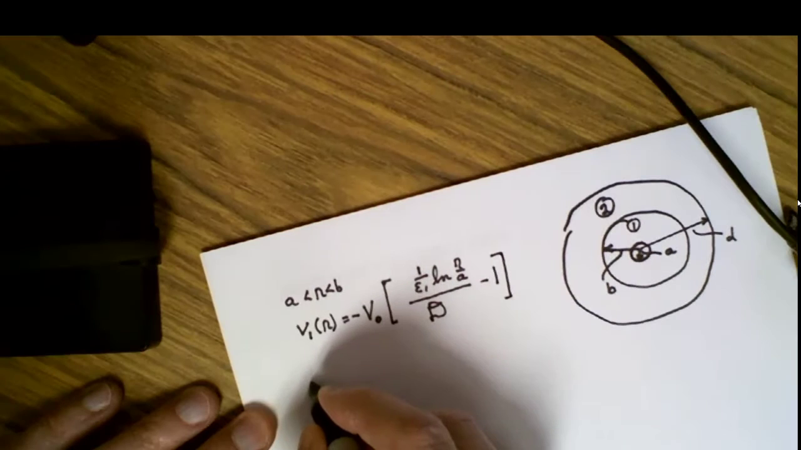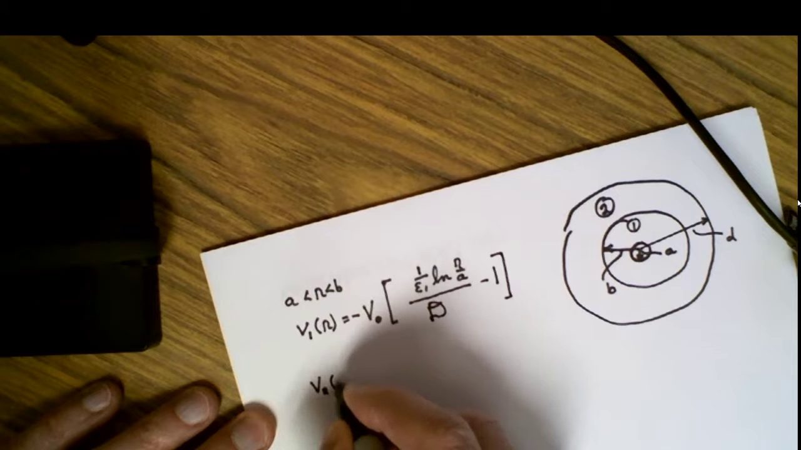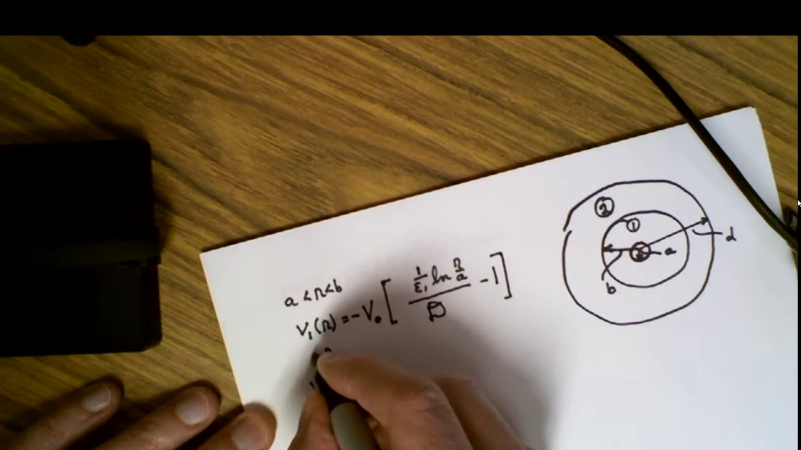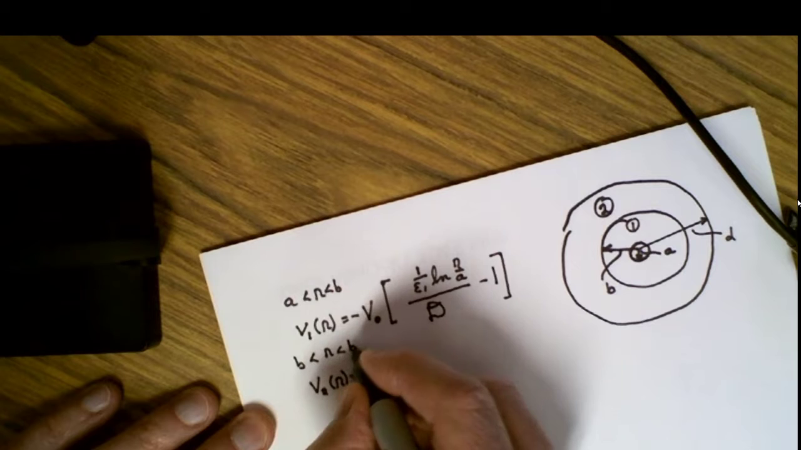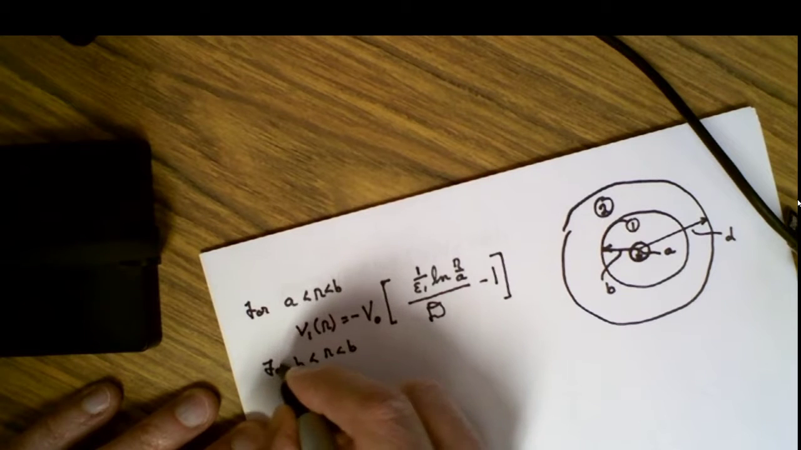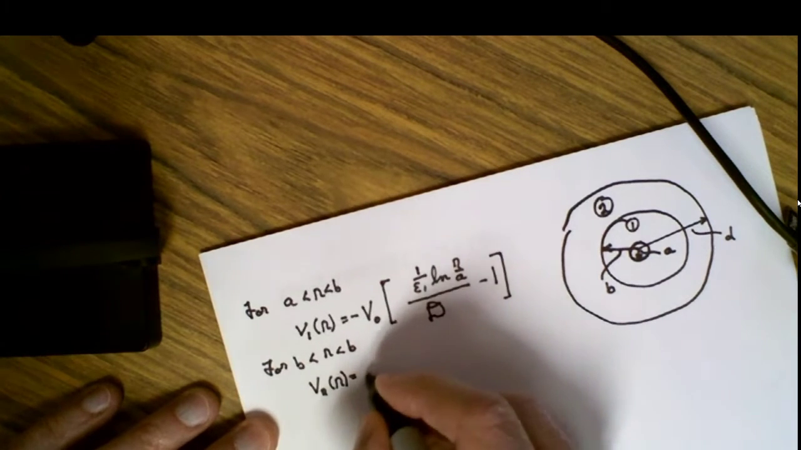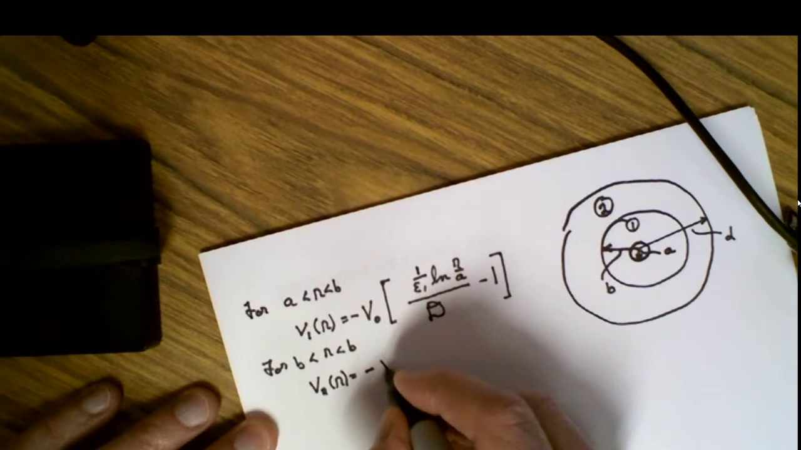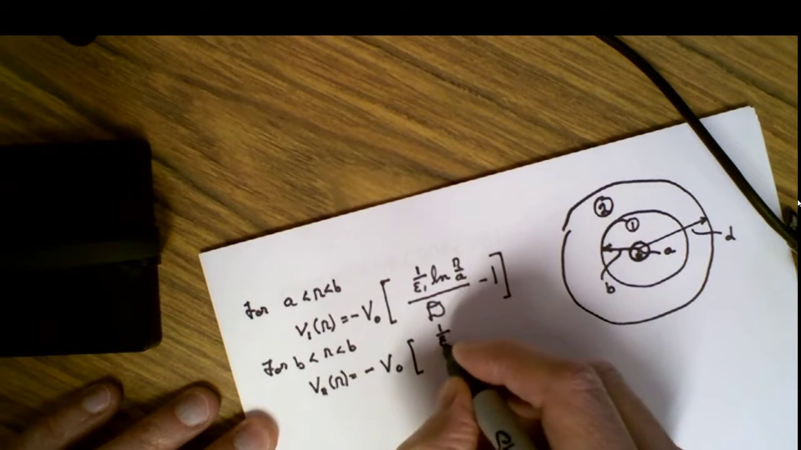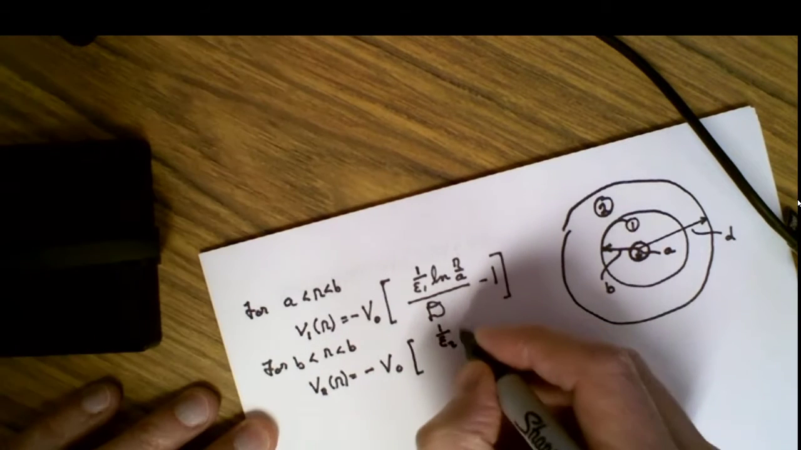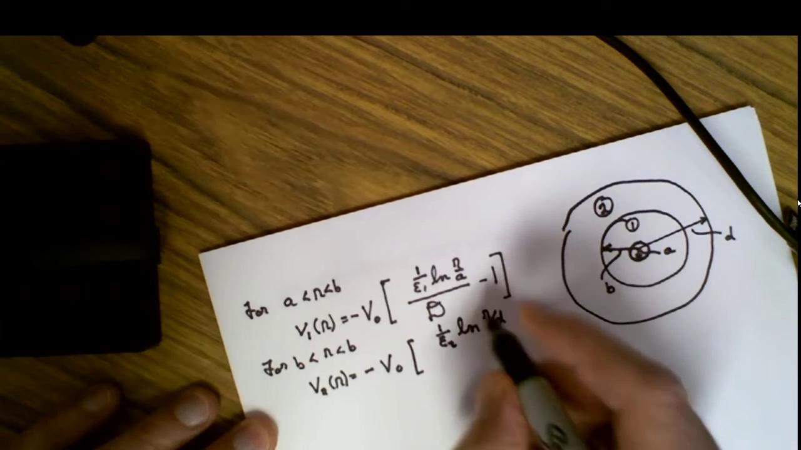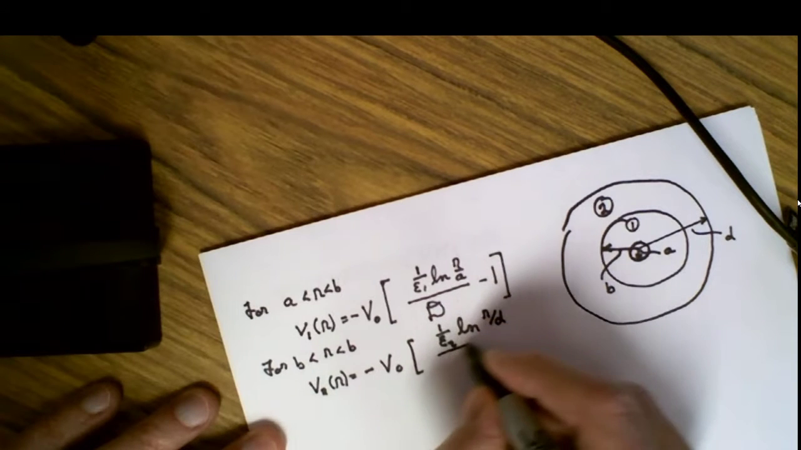In the same fashion, the potential in region number 2, valid for R greater than B and less than D, was equal to minus V naught times the quantity 1 over the permittivity epsilon 2 times the natural log of R over D, and that's divided by script D,